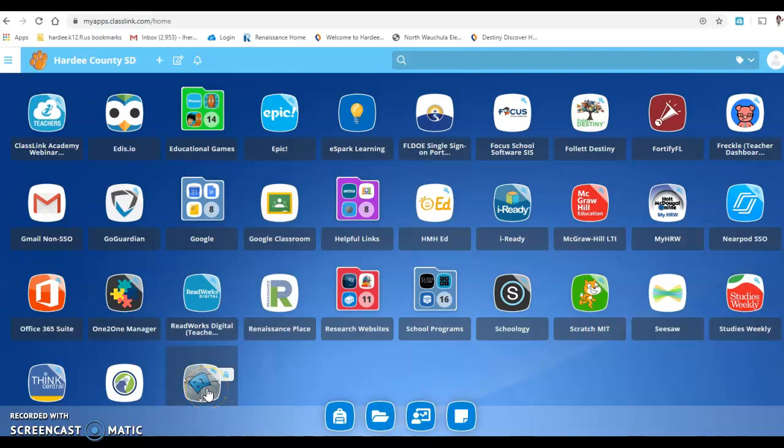Hi, I'm going to go over how to access books on Epic Books. This is a website that you can go to that has free online ebooks. So we're going to start at our